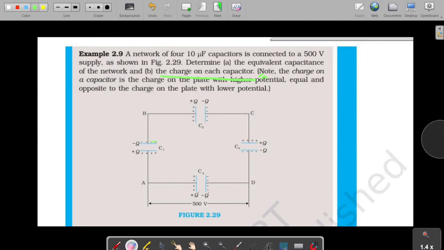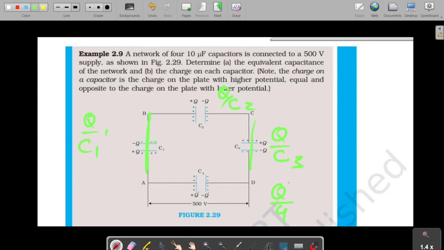Okay, now if you will further analyze this figure, the potential difference across AB is equal to Q upon C1. Across BC it is Q upon C2, across CD it is Q upon C3, and across AD it is Q upon